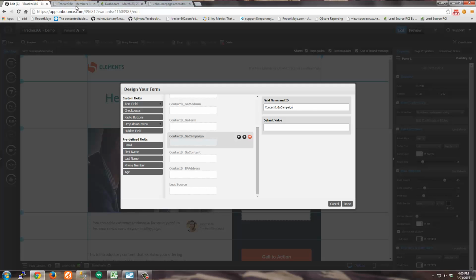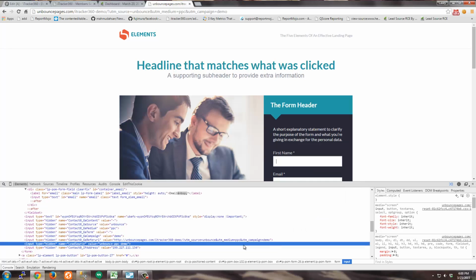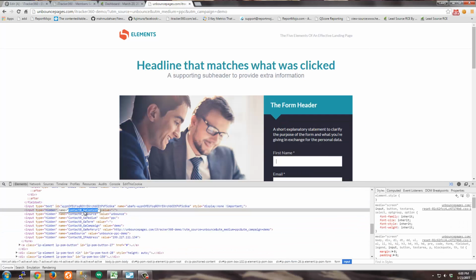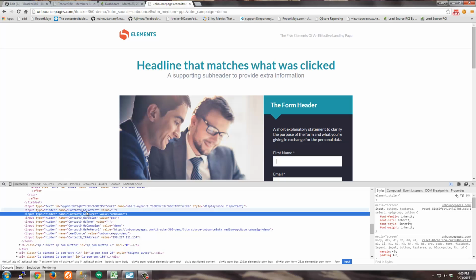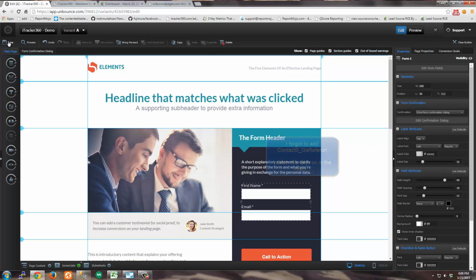Another way you can figure out what your names would be is if you inspect the form, you'll see the field names here. So it's basically contact 0_GA content. It's basically these fields right here have to be added to Unbounce, so that Unbounce knows that these fields exist. Okay, so we're done here, so I'm going to click Done, and I'm going to save the form. I'm going to close the builder,